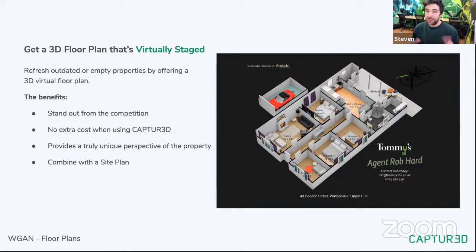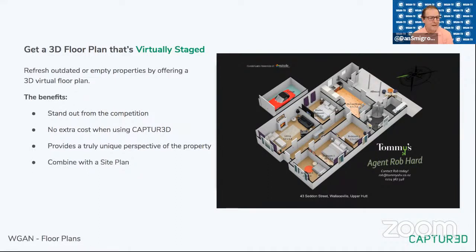But two, sometimes a lot of people struggle to actually understand a standard floor plan. And so these sort of floor plans give you the perspective of understanding, okay, well, a bed is in this room and this is how big this room could be or how different items could move around. It's a half step away from a Matterport tool where you have the full interactivity, but gives you that overview of that space in itself. And so again, these can be all branded, as you can see on this one. This one's black with Tommy's, but can be all sorts of different brandings and everything else around it as well.